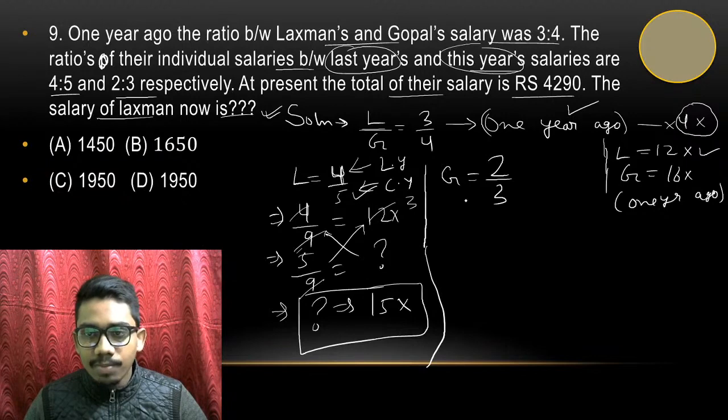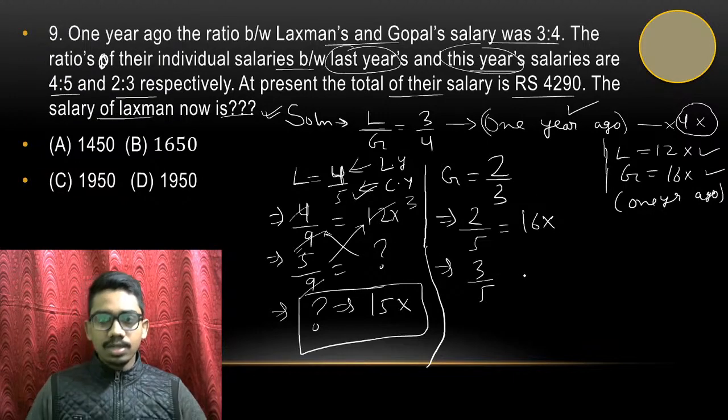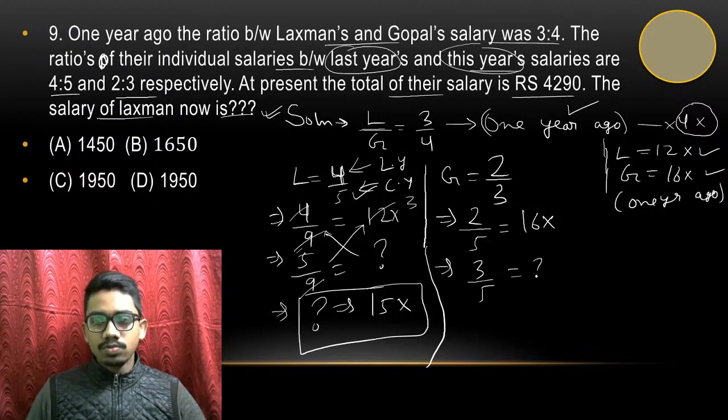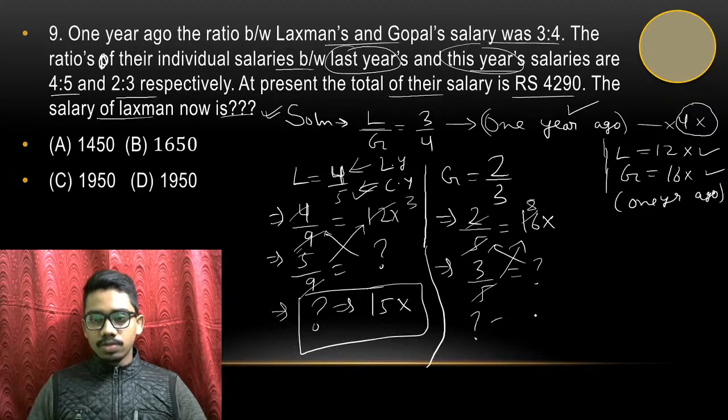कैन एक्सपेक्ट। एंड यहाँ पे क्या करेंगे गाइस, सो सी, so I am doing the same thing over here, so I am writing 2/5, 2 plus 3, 2/5 equals to salary 1 year ago of Gopal, so it is 16x। so ठीक है 16x है। अब देखिए मुझे प्रेजेंट सैलरी निकालना है, तो 3/5 मैं करूँगा। सो आई विल डू 3/5, 3/5 जब मैं करता हूँ 3/5 इक्वल्स टू क्वेश्चन मार्क, ये मैंने किया। अब देखिए मुझे क्वेश्चन मार्क का वैल्यू निकालना है, सो आई विल डू क्रॉस मल्टीप्लिकेशन, 5 से 5 कट जाएगा एंड 2 से 8 कट जाएगा एंड 3 8s are 24x, the value of the question mark will be what, how much, 24x, ठीक है।